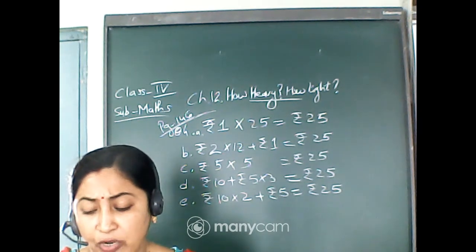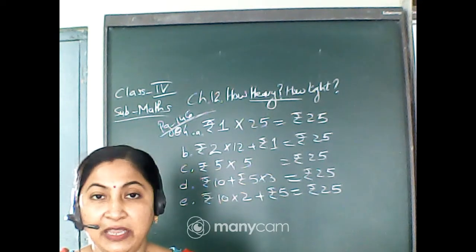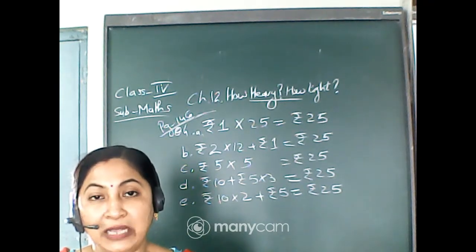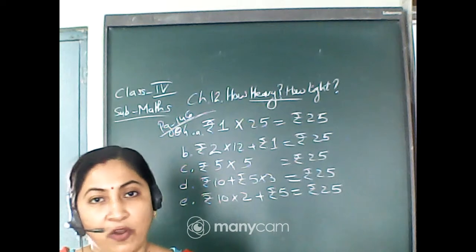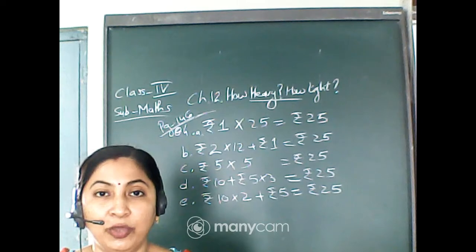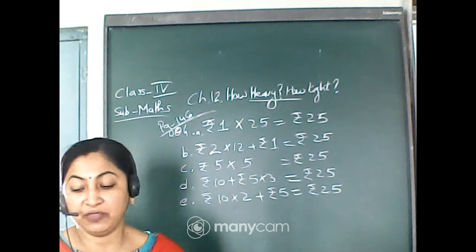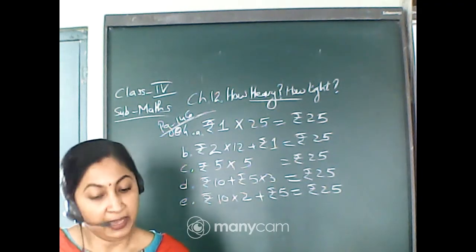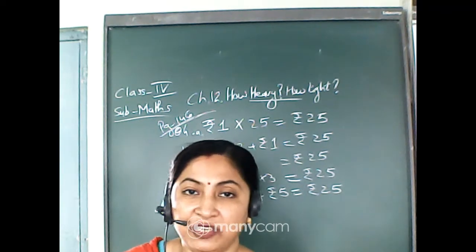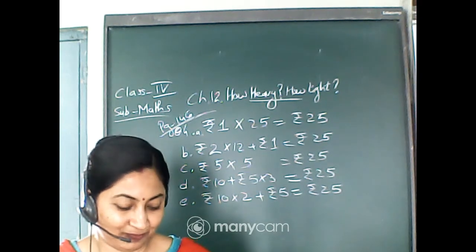The crow was good at mathematics, so he happily opened his beak to answer. So when he just opened the mouth to answer the question, what happened? The frog escaped from the mouth, isn't it? Now what was the answer the crow wanted to give? That means after addition, 650 plus 145, what will be the answer? Exactly, it is 795. So the answer the crow wanted to give was 795. But before answering, the frog escaped from his mouth, isn't it?